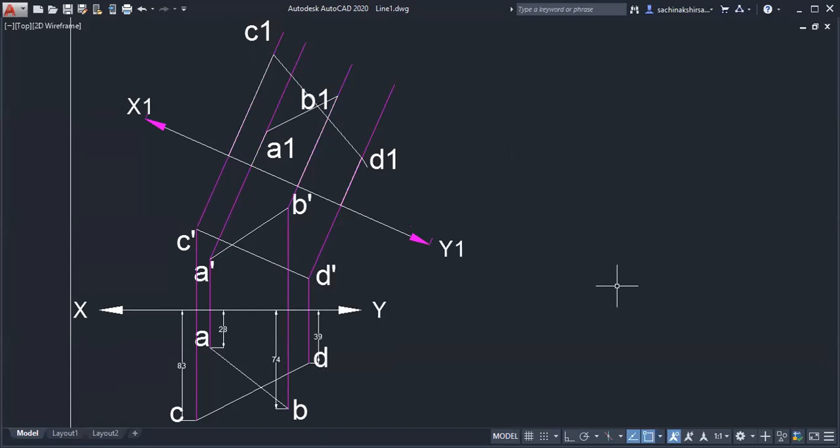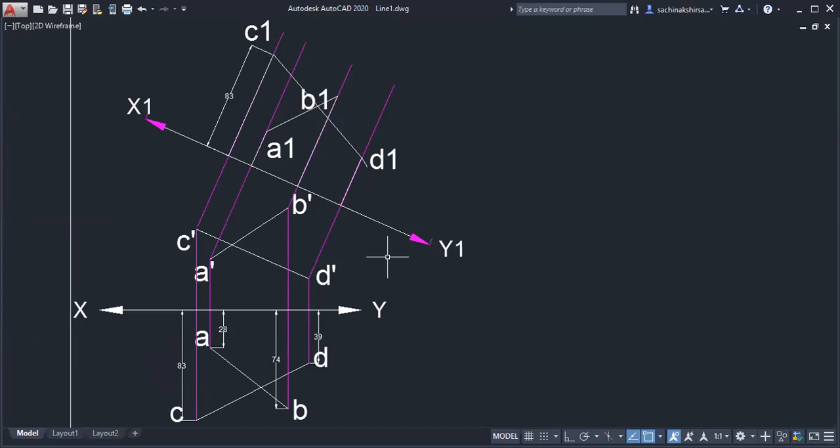If possible, whatever distances I have given, I can show it. In my case it was 83. You should not ask where this 83 came from. In general, we are solving the problem. In your case, it may be different. Only the procedure is important, nothing else.